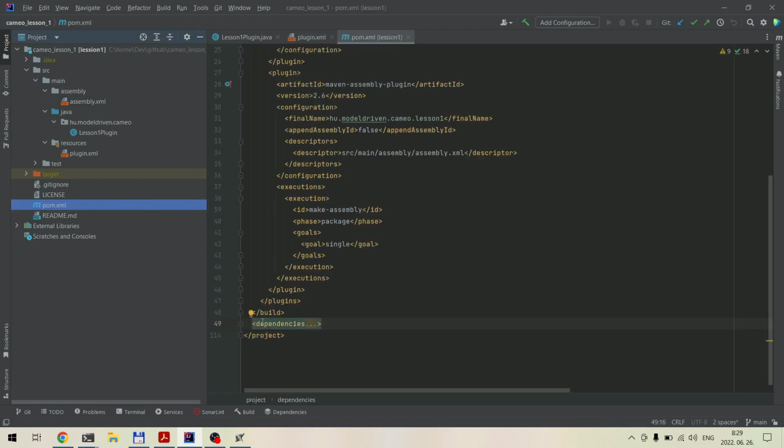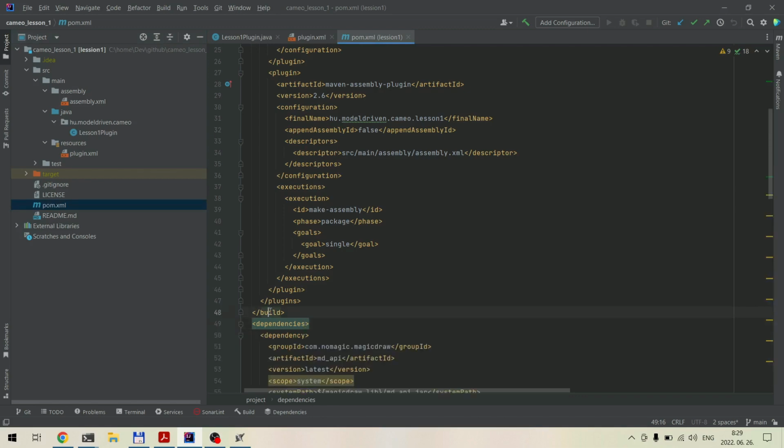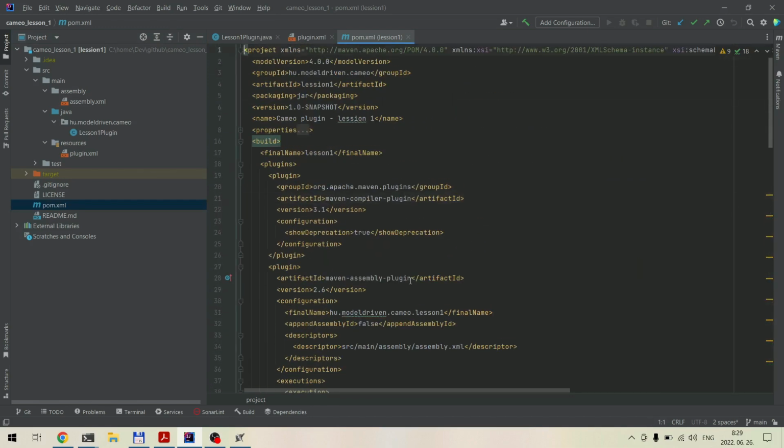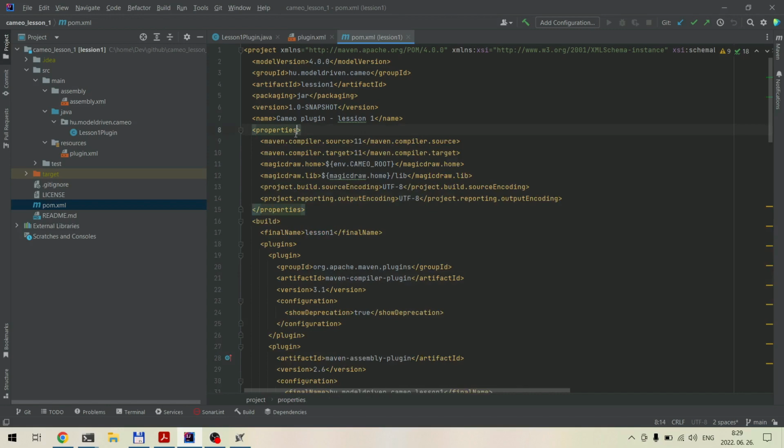So when we are developing in Java, we are using either Maven or Gradle to create a build from all the source code we have and also all the resources that we have. So we are using this kind of build system, which is also described in an XML file. So this is a standard Maven pom.xml file, which is describing that, okay, I have some source code, I have some resources, and how the system should build